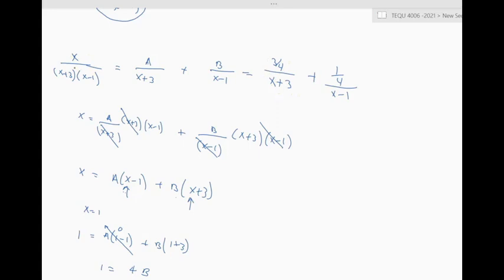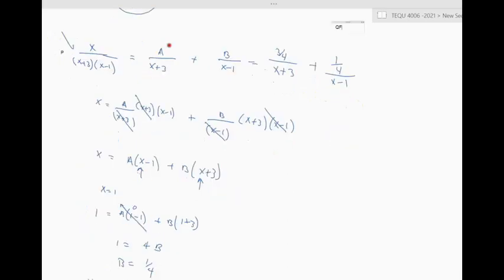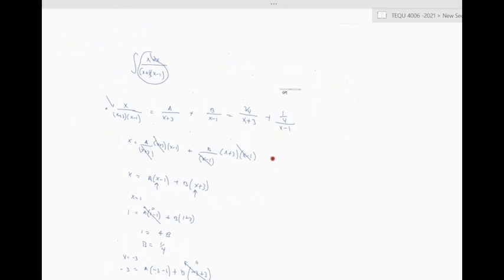And now the original integral that is shown here was broken in two parts. The first part, 3/4 over x plus 3, plus the second part, 1/4 over x minus 1. If you multiply this under a common denominator, it should come back to the original part here. That's basically it. Let's see where we are now. Basically what we did is,